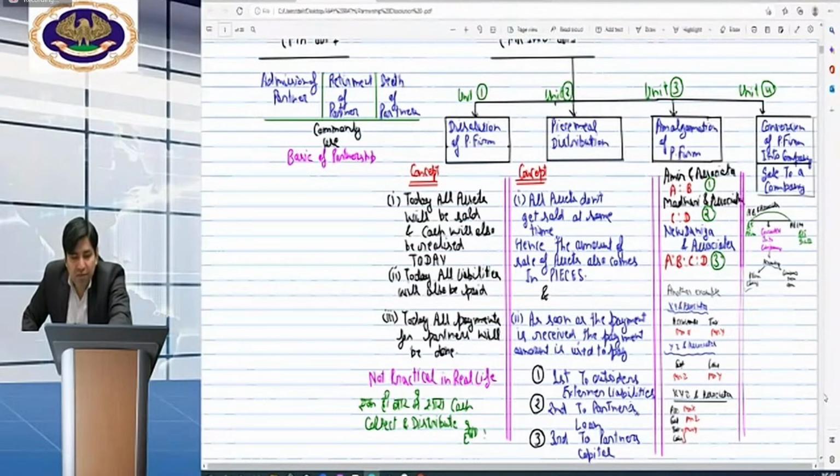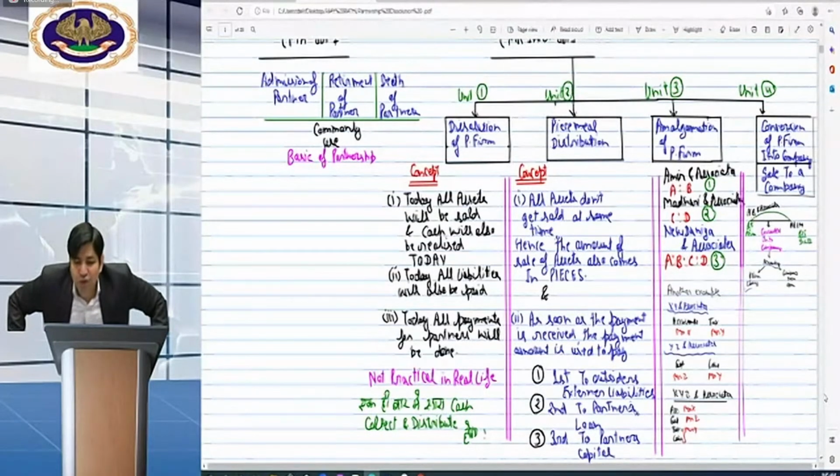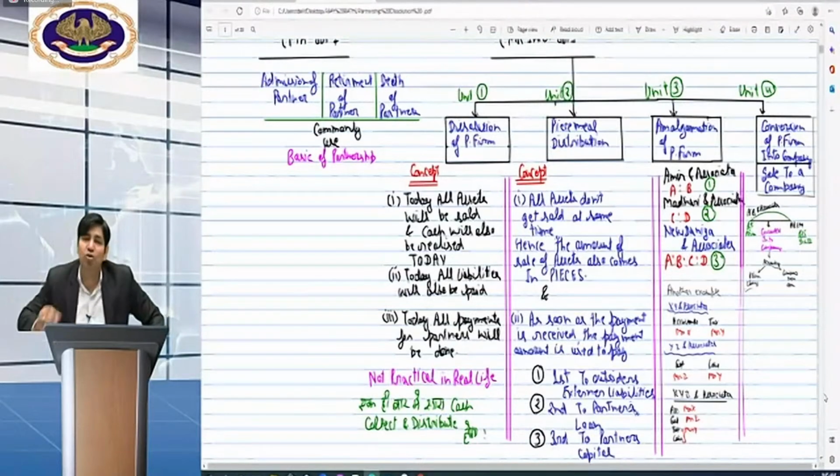Now my doubt is clear. If realization expenses are there, then first, what should be paid, creditors or expenses? Of course, beta, for realizing the assets, first realization expenses will be paid, because otherwise assets will not get realized. Okay, beta? It means A debit, B debit, C to deficiency. Yes, beta, that will be created in the PSR ratio. A definite balancing figure will be there.